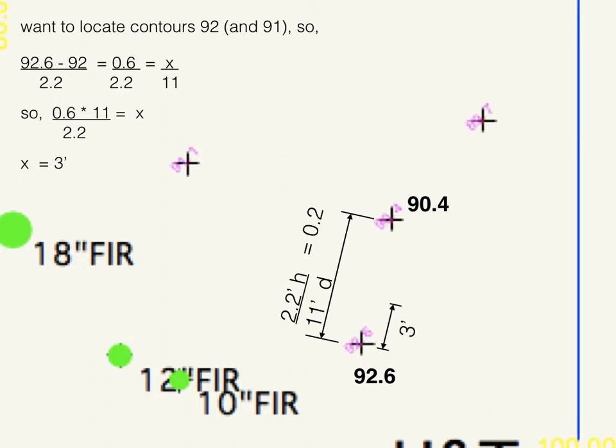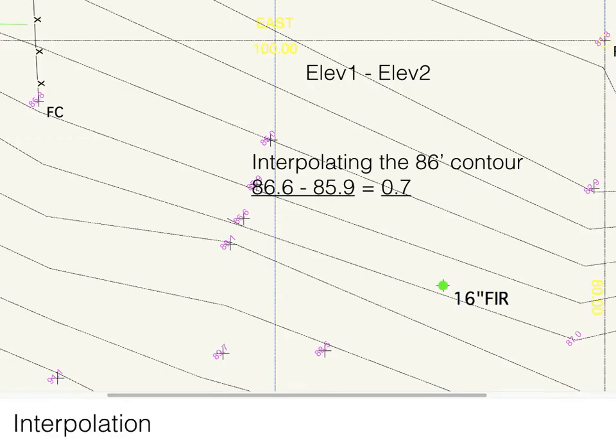So we map out a 3-foot distance there from the 92.6, and there's the new spot grade, that's where the 90.0 spot grade would be, and that would imply a contour line at 90 going right through there, and then you would do the same thing, or 91, I'm sorry, it's a 91. Have to fix that slide in the next go through on this. Anyway, so this is a process, then you follow that through,